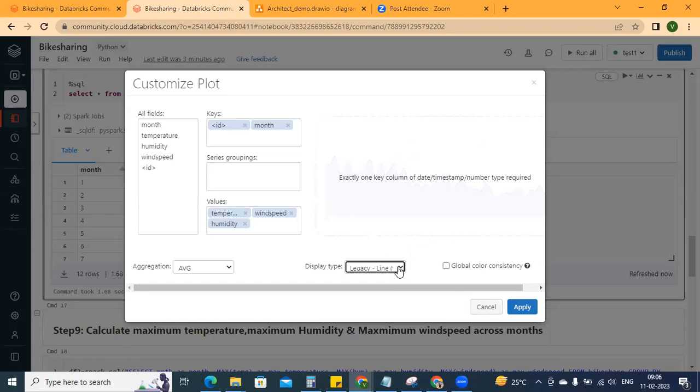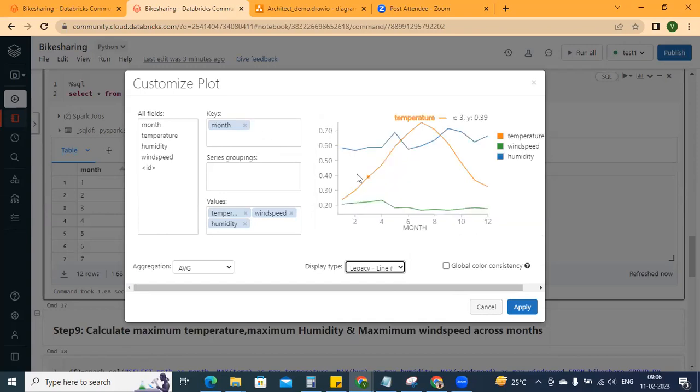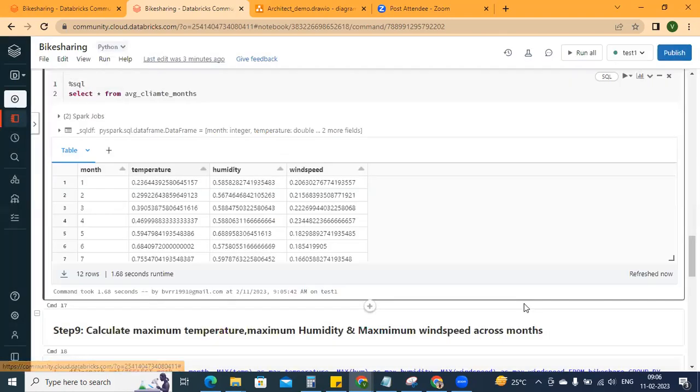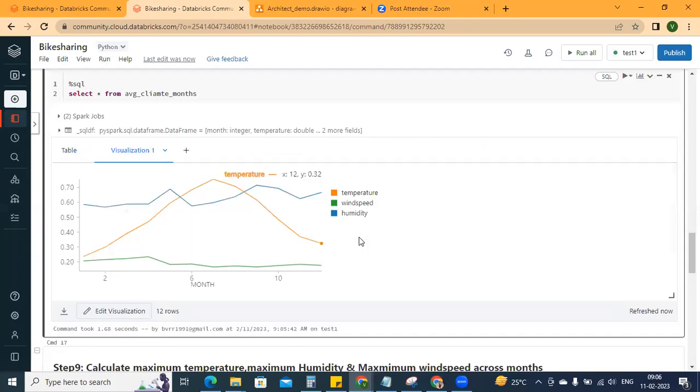Just line chart so that it can be understood more easily. So and then applying this one here. So if you look at this, right, these are months starting from 1 to 12. So if you put the cursor here, this is the 12th month. So if you look at here, wind speed is somewhere around 0.22, and this is very minimal when compared to the peak.